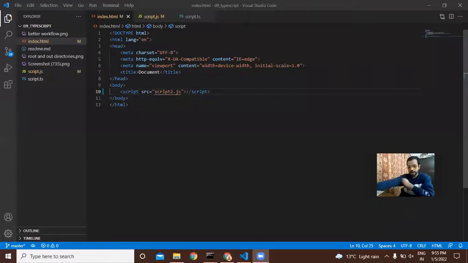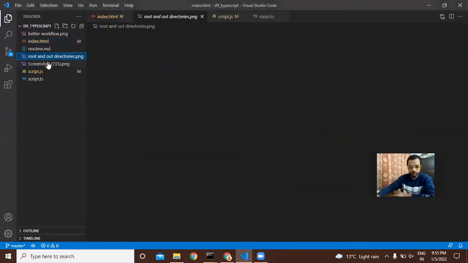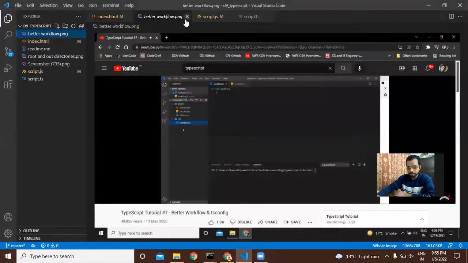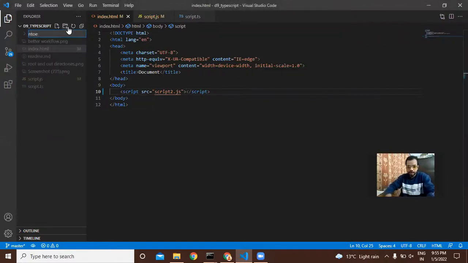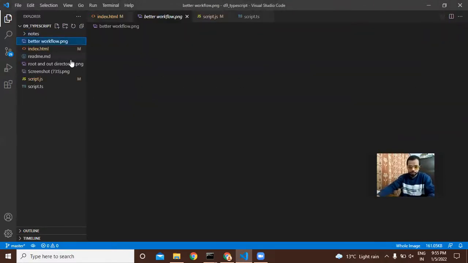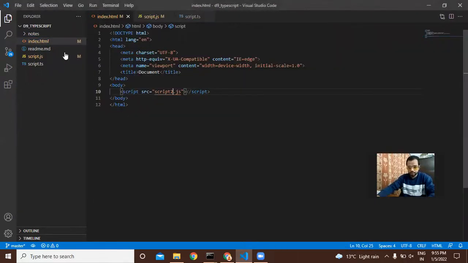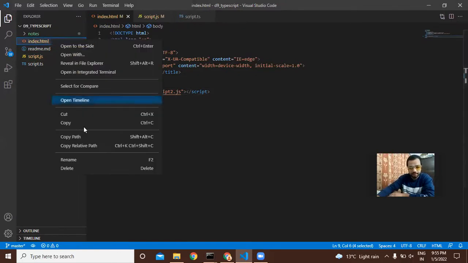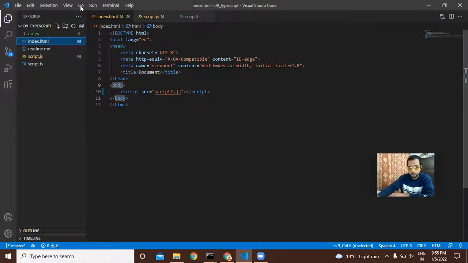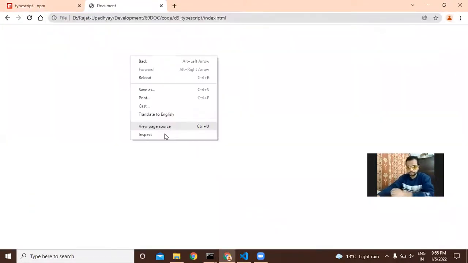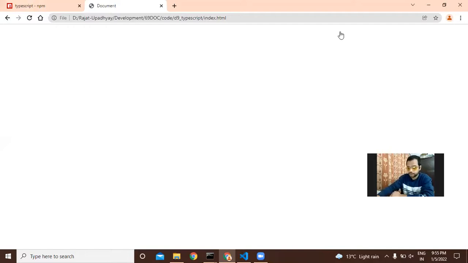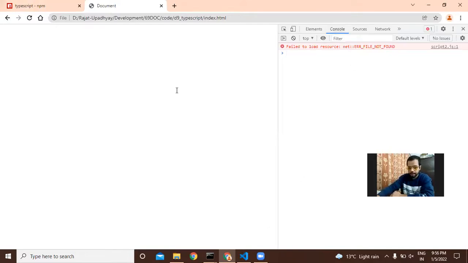I'm going to share my screen. What I have over here is a basic HTML file, and some screenshots that I took while I was learning TypeScript. I'm going to create another folder over here, notes, and put these screenshots there. You can access them if you want. What we have is index.html, with just a title and nothing else. I'm going to open it over here. If you go to inspect and go to console,